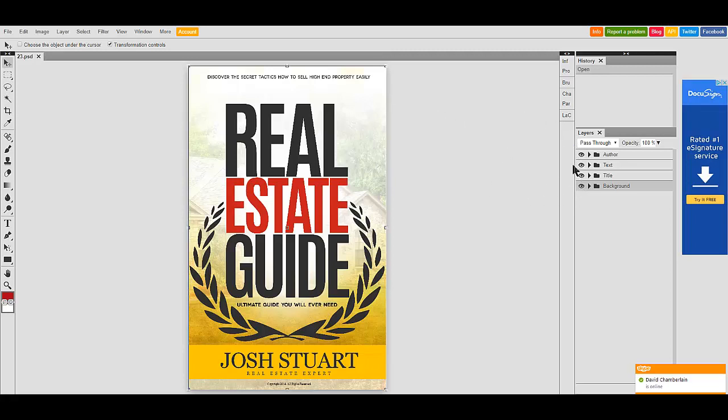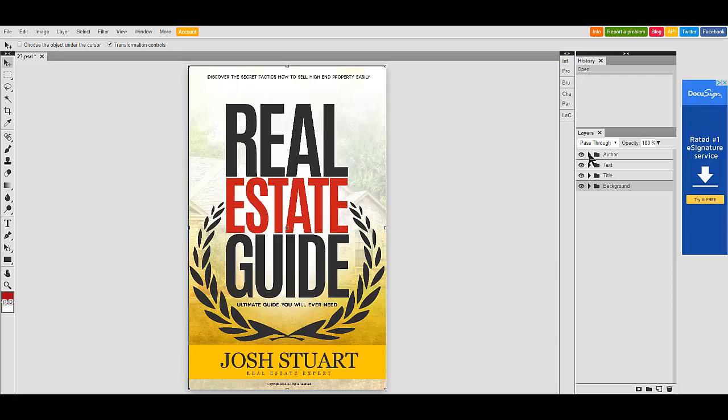right-hand side first and show you the layers. This is where all of the assets on your file kind of reside, and they're separated into different folders. If you can't tell by the title here on the right-hand side what folder you're going to be editing, then click the eyeball on the left-hand side here, and that will hide. And you can see that when you hide that layer, it's the section of text at the bottom of the